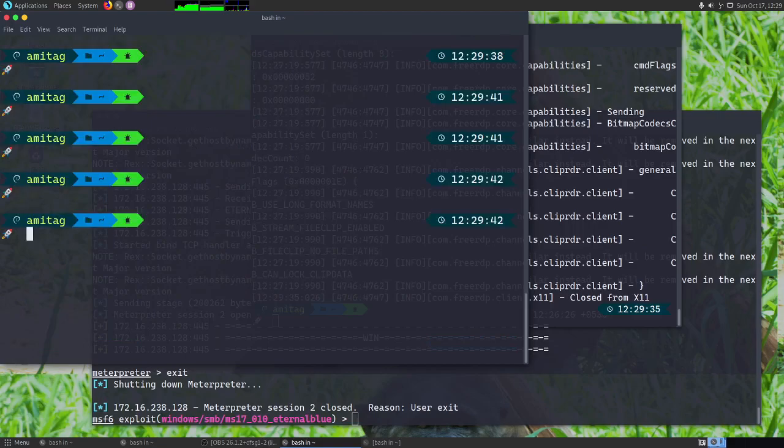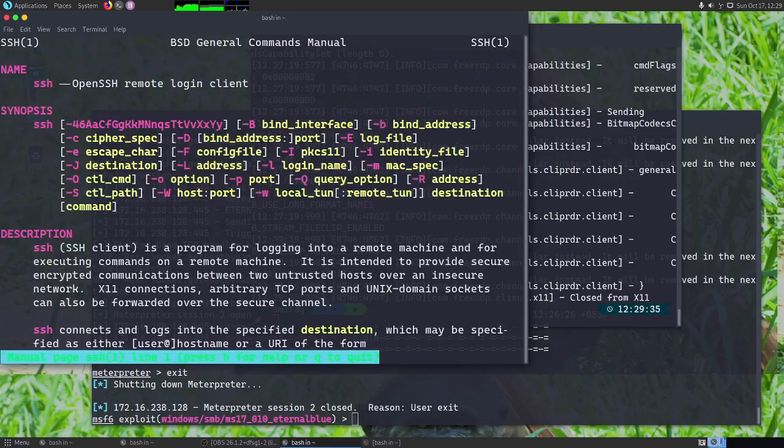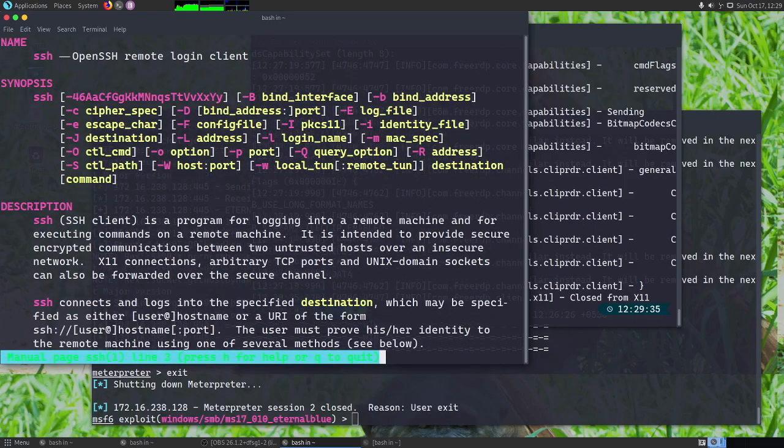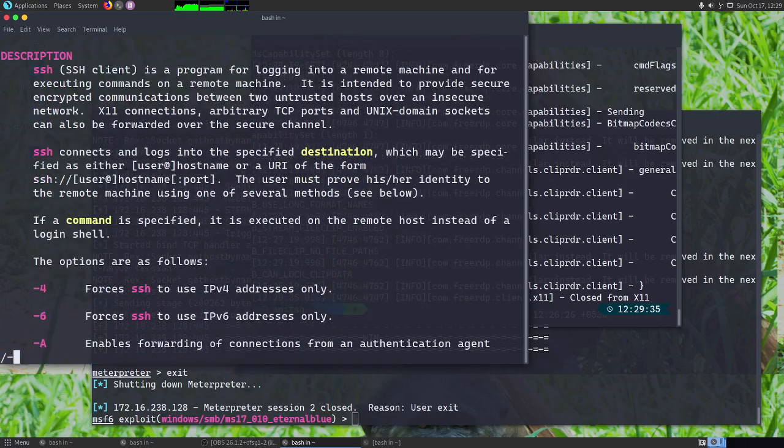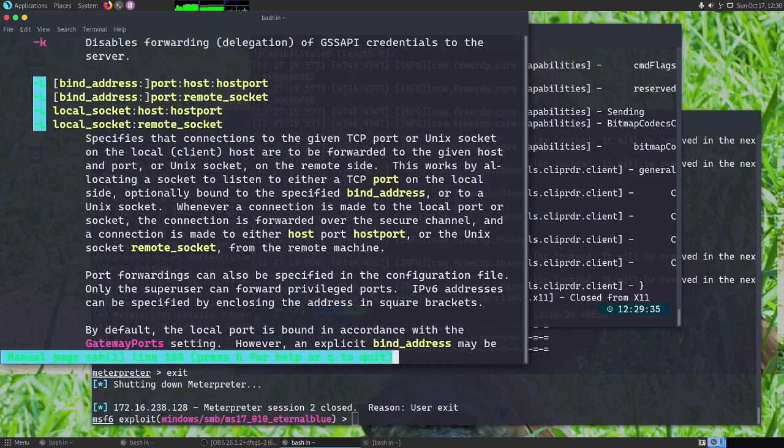So if you are unaware, SSH has tunneling capabilities built in, and if you do a man ssh, you can see that by going to minus capital L. Minus capital L is for local port forwarding, which basically means that I can give a local port which can be forwarded to a remote host and remote port.